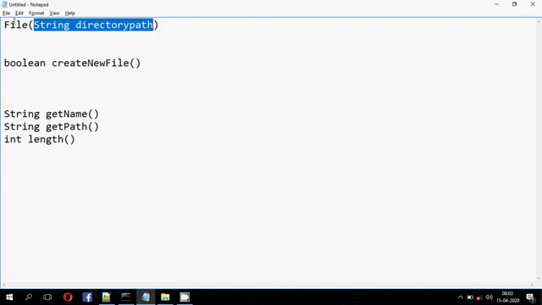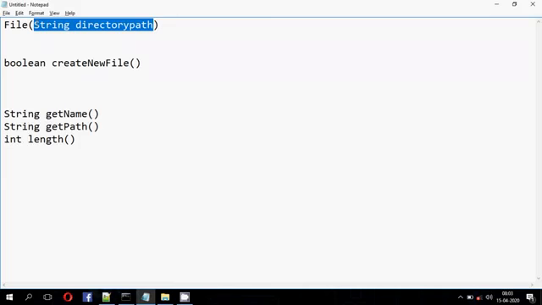First the File constructor, which will be used to create an object of the File class. When the object is created, whatever parameter we pass to that constructor will be the directory path or the path of the file, or you can only mention the name of the file.